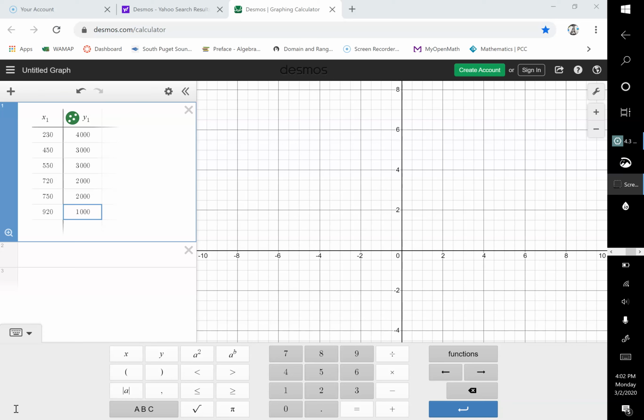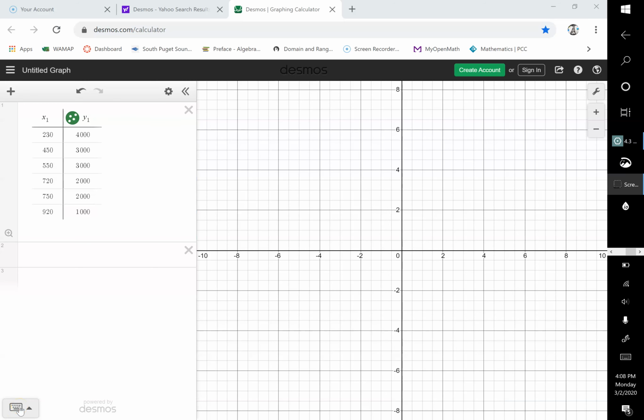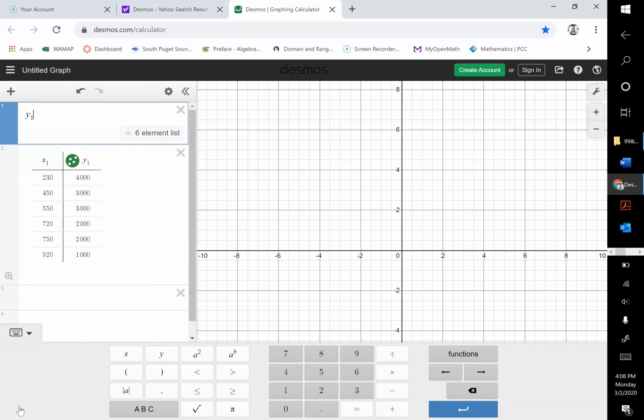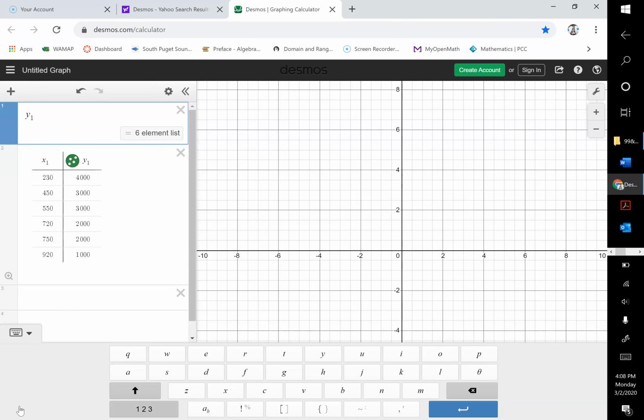Now to calculate that. Okay, so the next step is we have to hit this plus again and hit expression, that f of x. And we are going to type in y sub 1. So we can just do y1. And then we want to hit the approximation symbol. And so we have to hit that ABC. And then